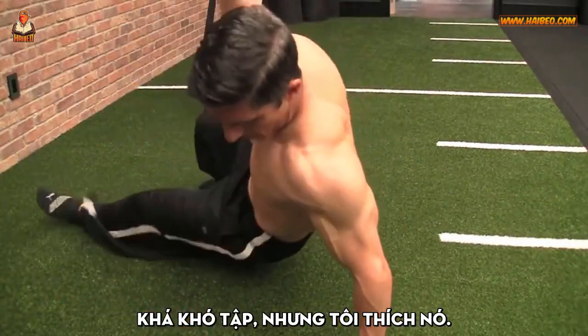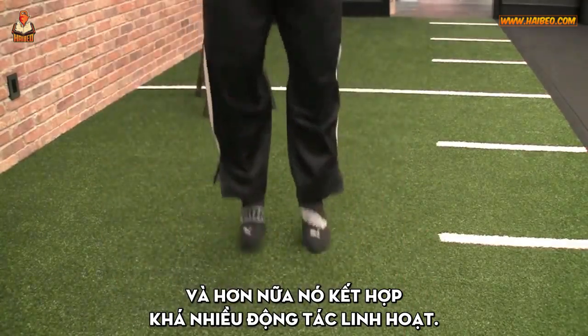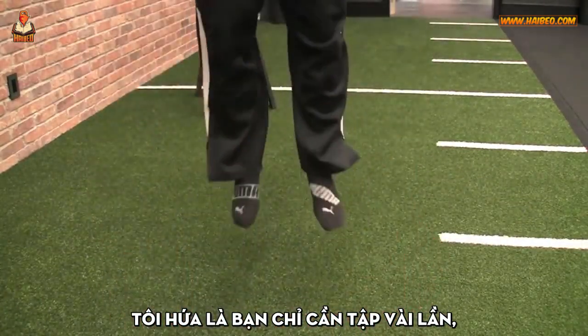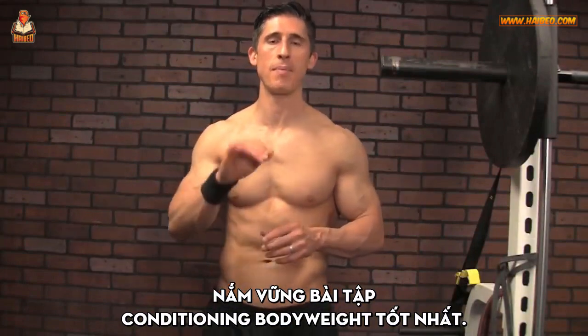This is a tough one, but I love it because it will get those lungs burning in no time, I promise you. And again, it's combining a great amount of athleticism to do it. Yeah, there's some coordination involved here too, but I promise you, if you just practice it a couple times, you're going to master this exercise, and in doing so, get control of one of the best conditioning bodyweight exercises that